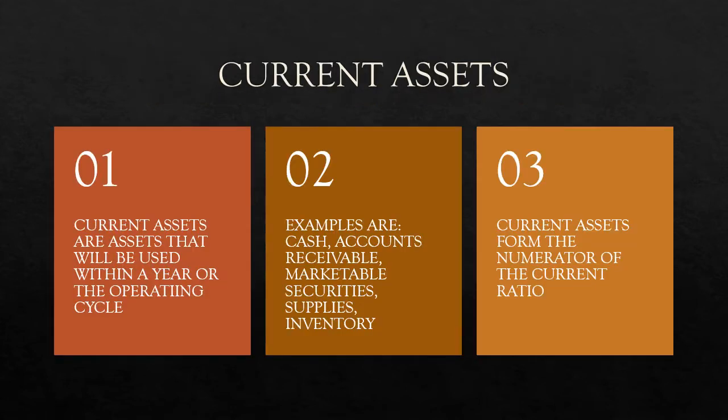The main takeaway for this particular slide is over at number 3, when we talk about current assets forming the numerator for the current ratio. Current ratio is a liquidity ratio. It helps determine for investors and suppliers and so forth how quickly they can be paid. If you have a liquidity ratio that is well over 1 to 1, and I would be looking for something closer to 2 to 1,